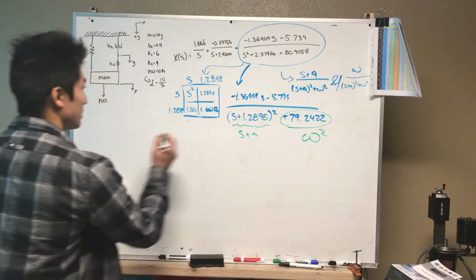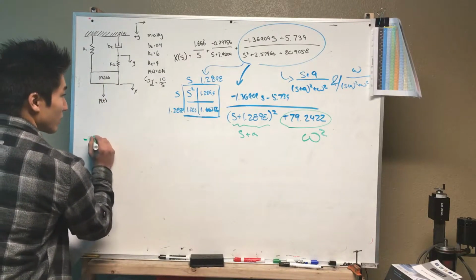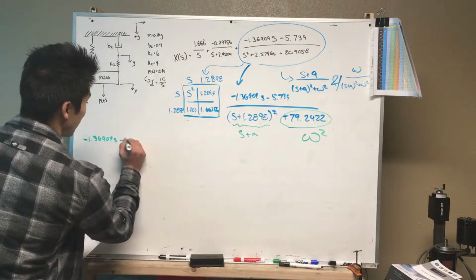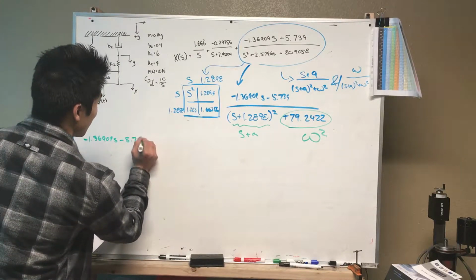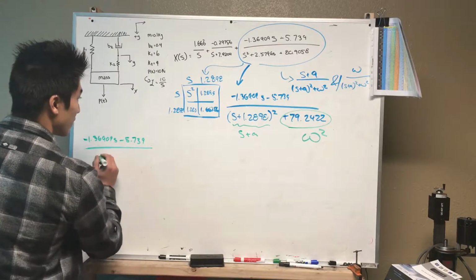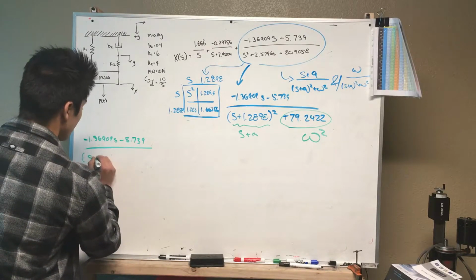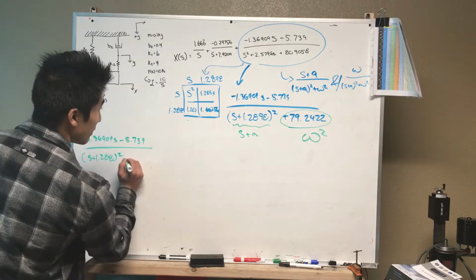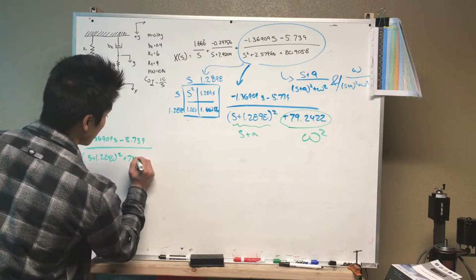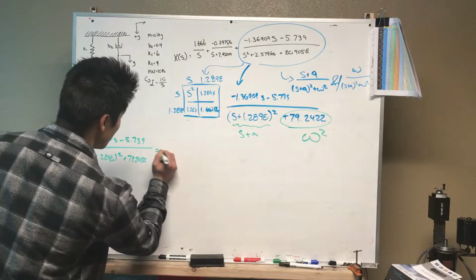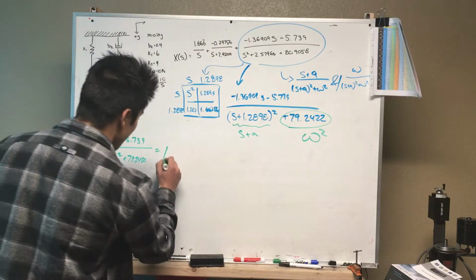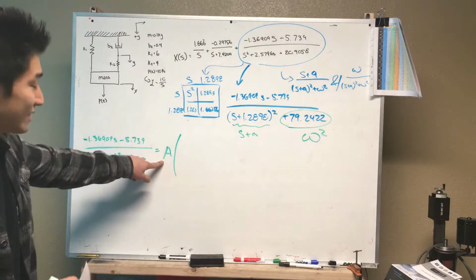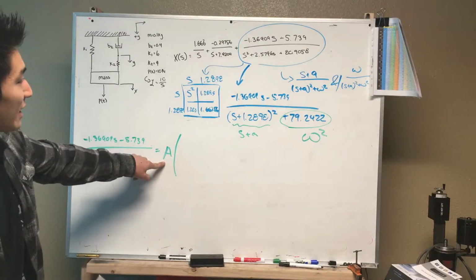We are going to take negative 1.36909 s minus 5.739 over s plus 1.2898 squared plus 79.2422 equals a multiplied, so we want to find a again, there's going to be an a multiplied by,